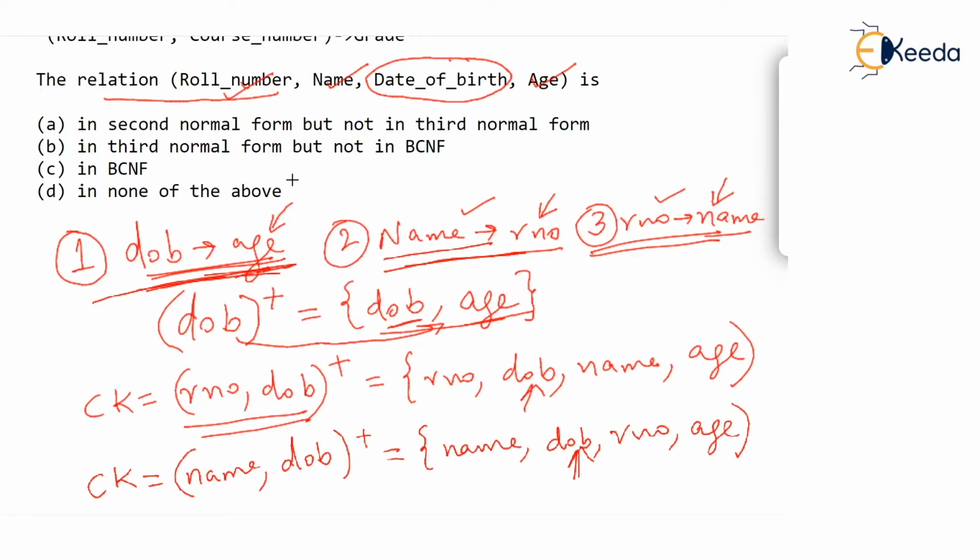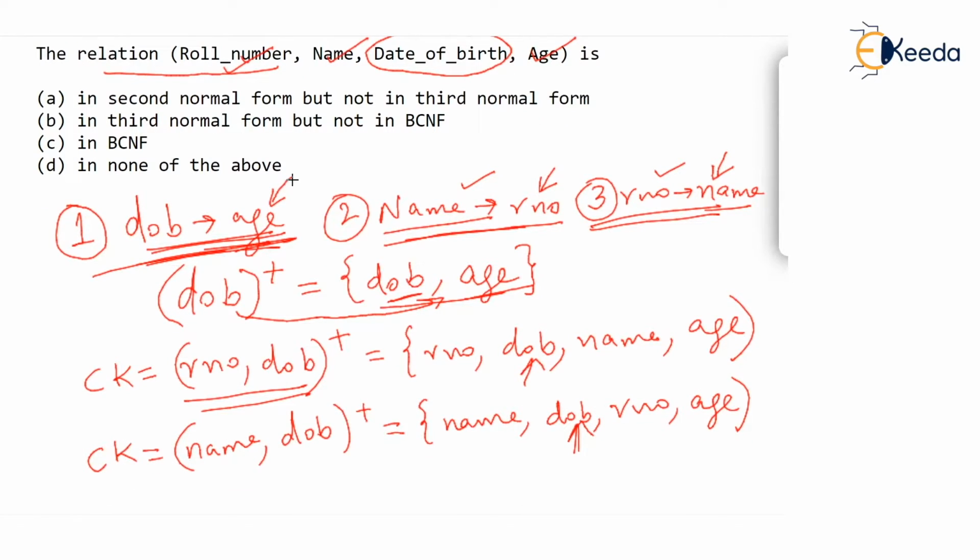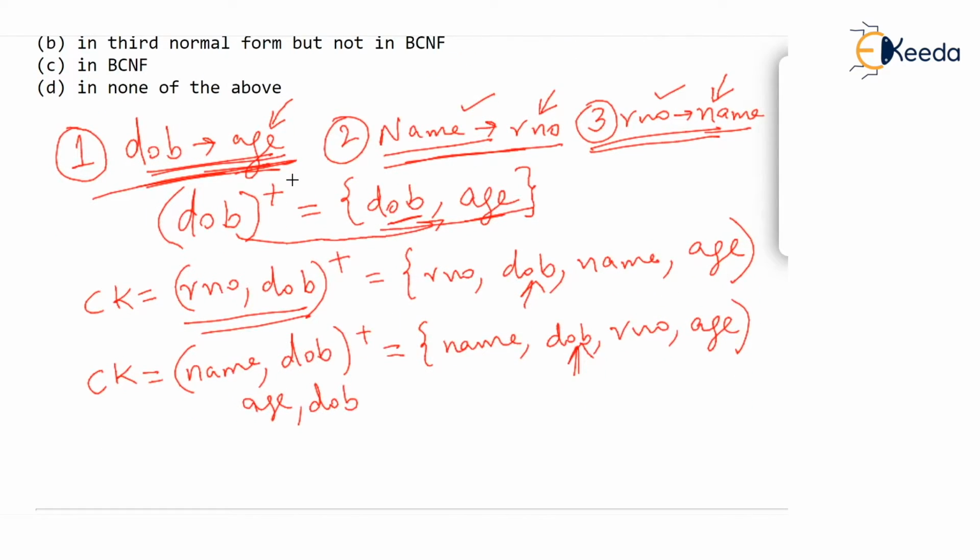By the way, can there be anything else added with date of birth to find out the candidate key? One thing is sure, date of birth must be part of the candidate key. So is age comma date of birth a candidate key? Age comma DOB. Can this combination form a candidate key? If you find closure of this, it will contain age and date of birth, and date of birth will bring in age, but age is already there, and now there cannot be anything added in the closure. So age comma date of birth is not the candidate key, isn't it so?